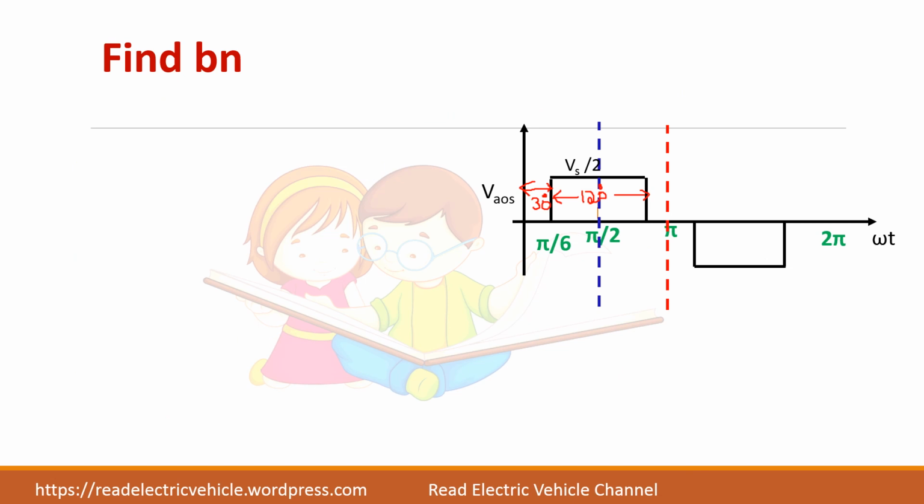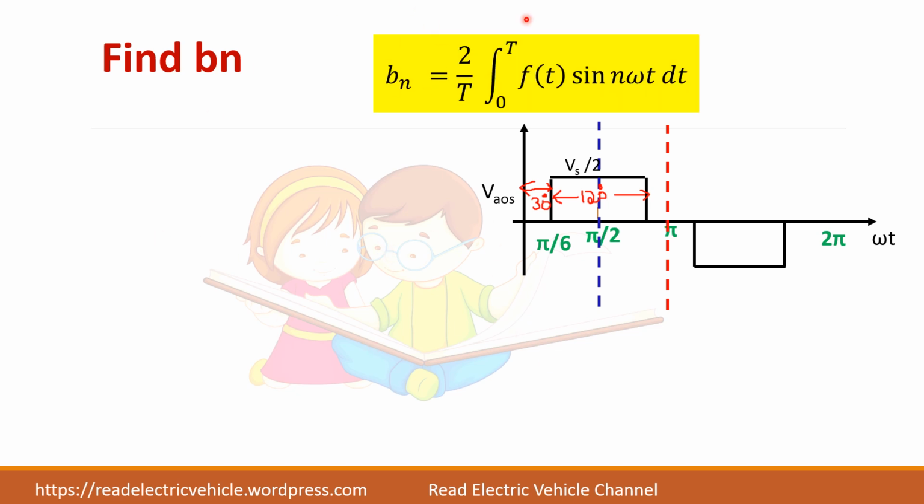Now let us find what is that Bn. Because An has become 0, you have to find Bn alone. What is the formula for Bn? This is the formula. Let us substitute it and find it out. So 2 divided by total time period. This is quarter wave symmetry. So we can take the time period as pi by 2. So 2 divided by pi by 2. And if you see this interval,